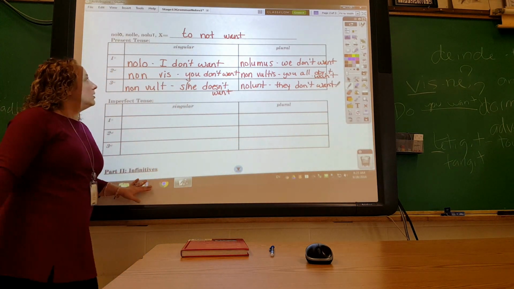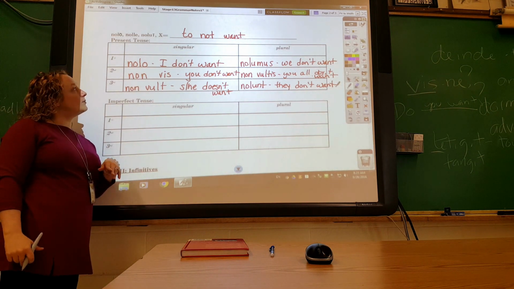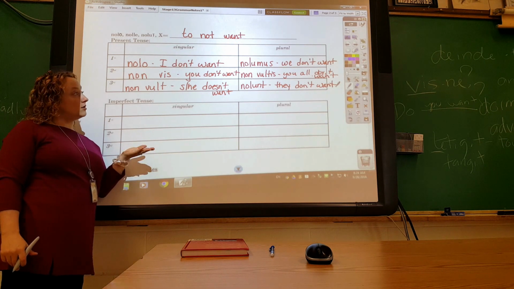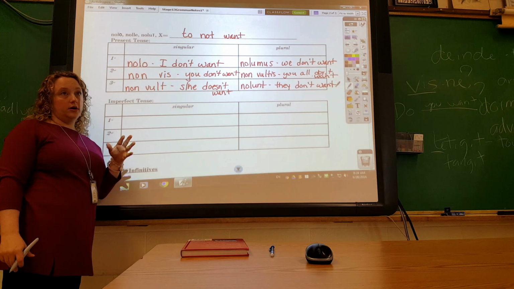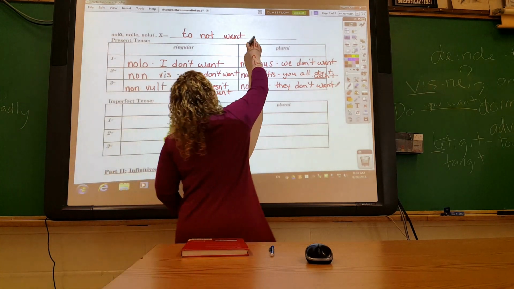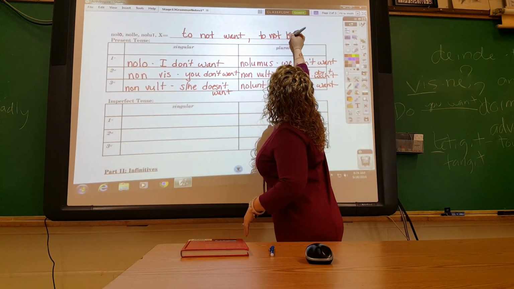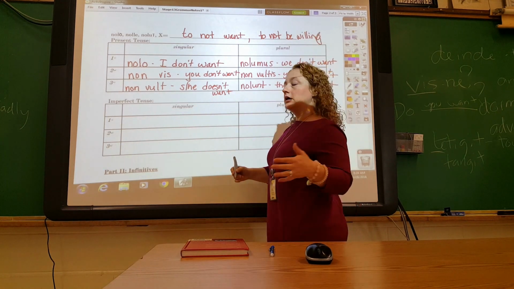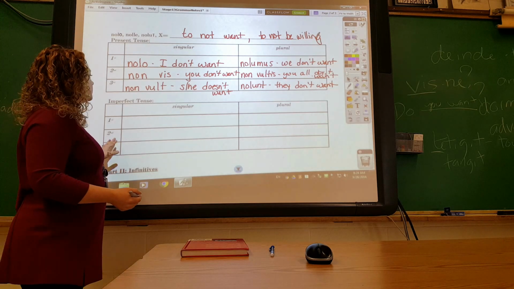Okay. So three of them are two words. Three of them are just taking the form of vis, vult, vultis, the form of volo, and adding a non, like you would normally for negatives. This word can also be to not be willing or to be unwilling. So you may find that that works better in some ways.